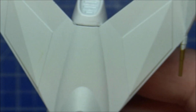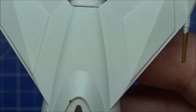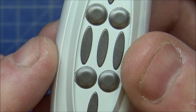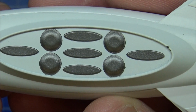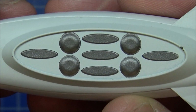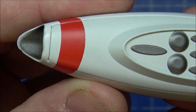Some lovely design on the wing there. Very basic, but yeah, we got a chip as well. See there, it's very strange the way you've got the different 4 landing gear with the round ones, and then 5 of the oval. I don't know. Anti-gravs probably. And this lovely red